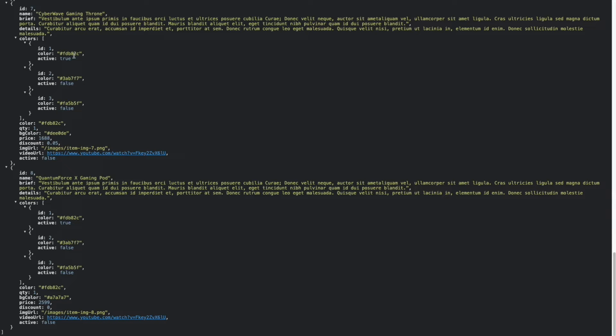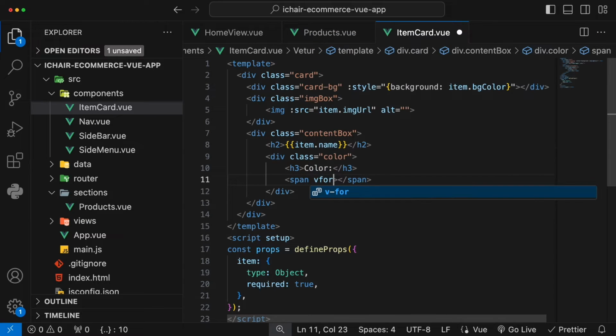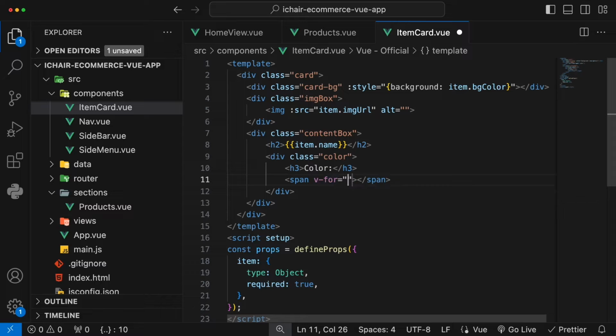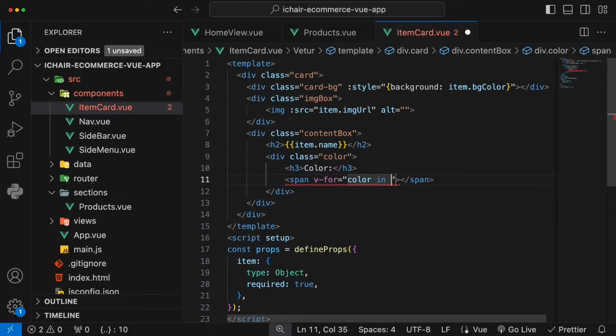Instead of hard coding each one, we're going to map through or loop through this colors array and fetch each object's property color and show it on the DOM. All right, so that's how we handle it. So here the span, we're going to do a for loop to loop through all the values in the color. For loop, let's say color in item.colors,